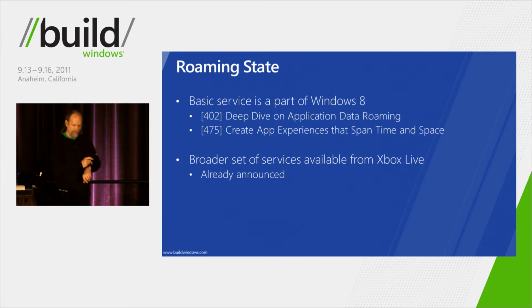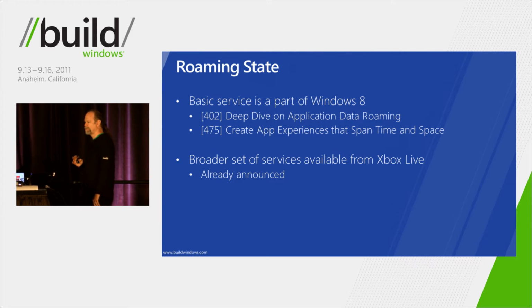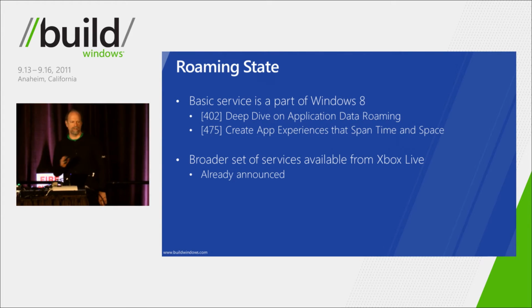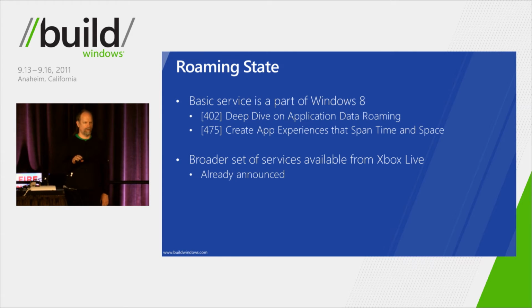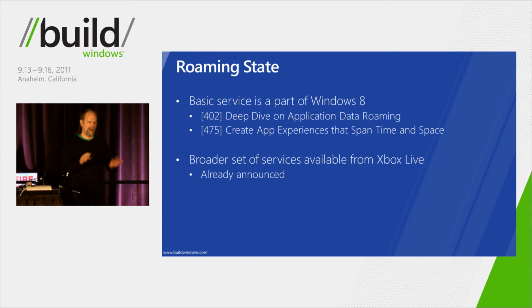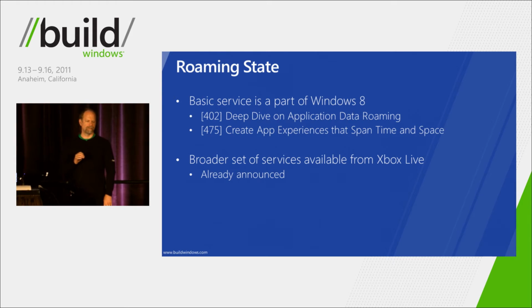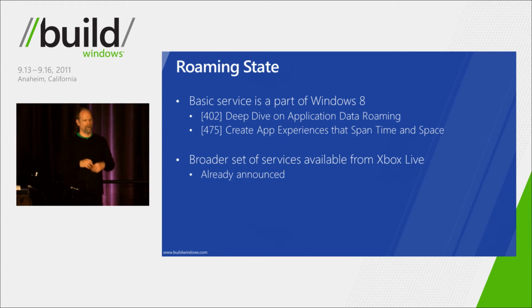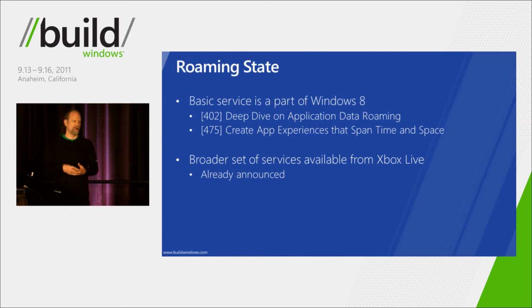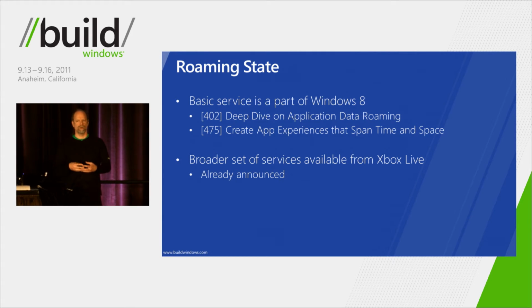Okay, I mentioned roaming state, and this is a little bit tricky because while there is really good support in the operating system for synchronizing these folders, the app data roaming folders between all the machines that the application is installed on, it's limited to about 30 kbytes. So what that means is that you don't want to put your whole save game in there. What you want to do is store URLs or links to save games that you then put on, say, SkyDrive. And that way, your application will be able to roam save games so I can play on my little